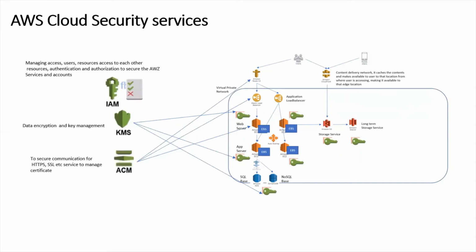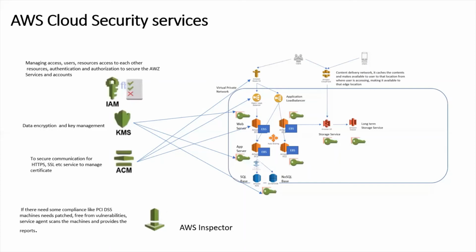And we have ACM, the AWS Certificate Manager. This will be used to secure communication for HTTPS and SSL, and to manage the certificates. Certificates will be deployed on DNS, on the Elastic Load Balancer, or on the web servers to encrypt the traffic. And next is the AWS Inspector service. This will be used for vulnerability management, in case some compliance is required, for example PCI DSS, where machines need to be patched or free from vulnerabilities. An agent will be installed on the machines, and then the scan will be done through the AWS Inspector service.